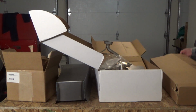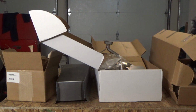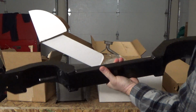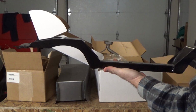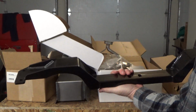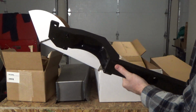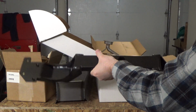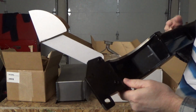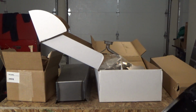And then, last but not least here, again from Holley / Hooker, they're the same company now, the LS Swap T56 Crossmember, transmission crossmember there. This is designed to fit all second generation Camaros, but the mount is different depending on what year you have from the subframe. This is a pretty cool piece, but the plating or whatever they did on it is pretty crappy. You can see here, like when I took it out of the box, this stuff just flakes right off,